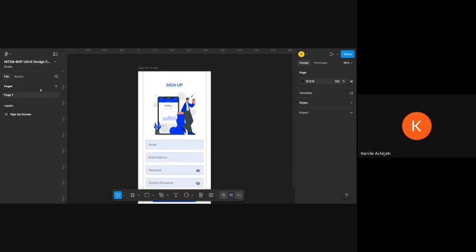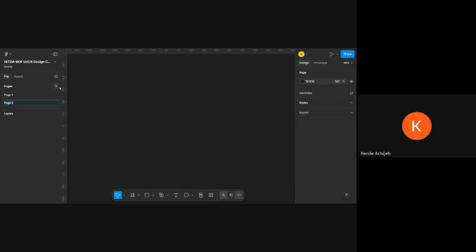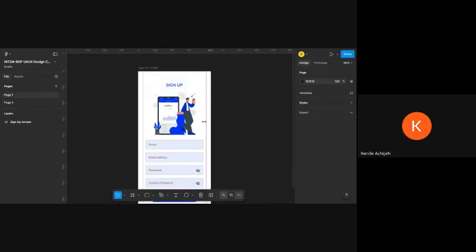So this is a simple sign up page that we are going to be designing from scratch. I already designed this briefly and duplicated it here so you can see what we're going to be doing. So we're going to be redesigning this. I'm going to create another page. So the first thing we're going to do, because we already have a design in mind of what we want here,